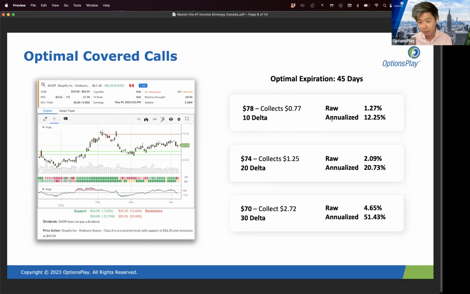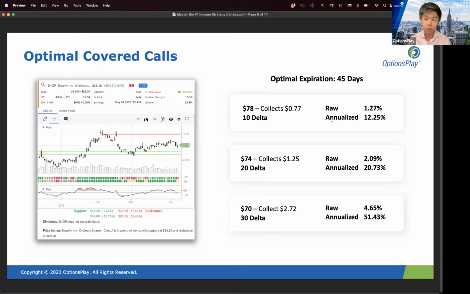I'd love to hear your feedback as to the struggles that you might have had with picking strike prices on covered calls, because this is probably the biggest contention that I get from investors. They say, great, I understand the concept of covered calls, but I can never quite figure out what expiration and strike price to choose so that I can actually get that consistent income stream.